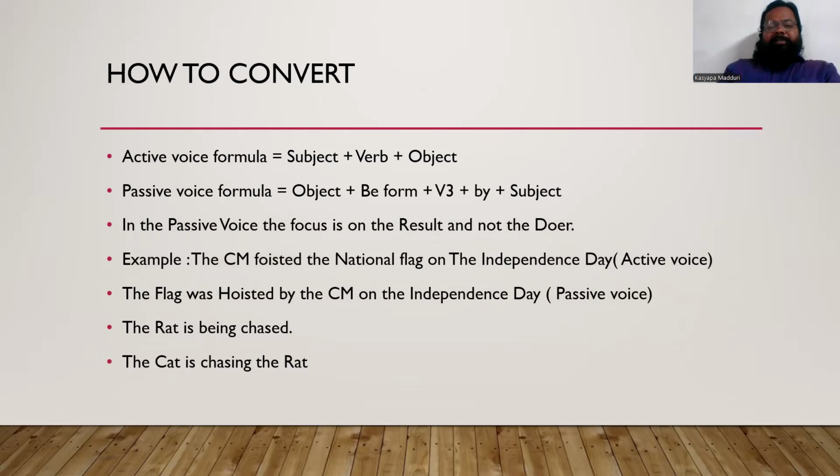Dogs might not chase rats, but it is obvious, it is a universal fact that cats chase rats. Cats hunt rats. So when a rat is being chased by a cat, you can just say the rat is being chased. And if someone says by who, then you can laugh at them, obviously by a cat. But when you're talking about the cat, then it becomes active voice. Then the cat is chasing the rat.